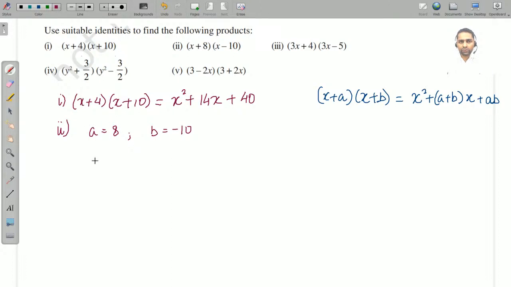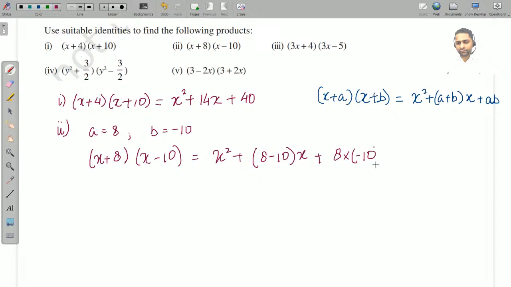So what will be x plus 8 times x minus 10? That will be equal to x square plus 8 minus 10 times x plus 8 times negative of 10. So it comes out to be x square minus 2x minus 80. So that becomes your answer. Next,